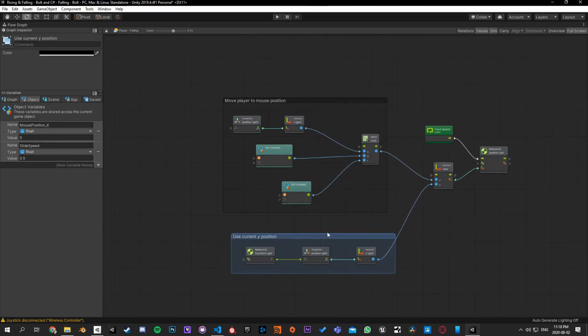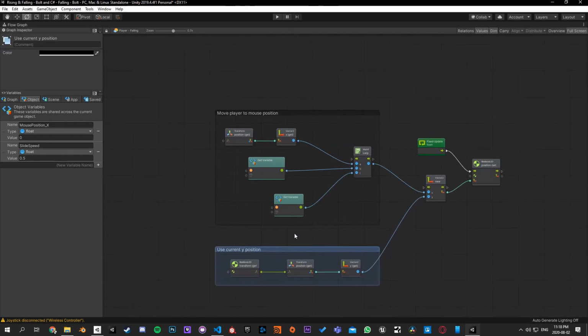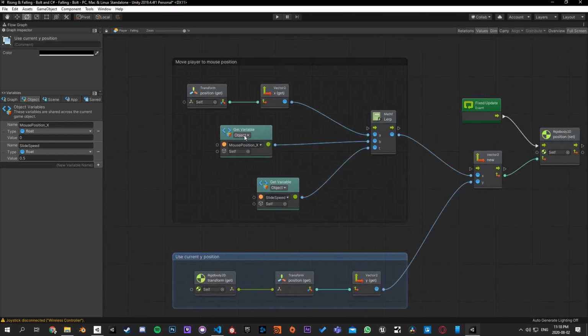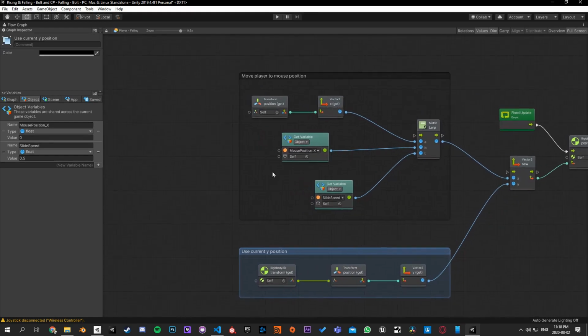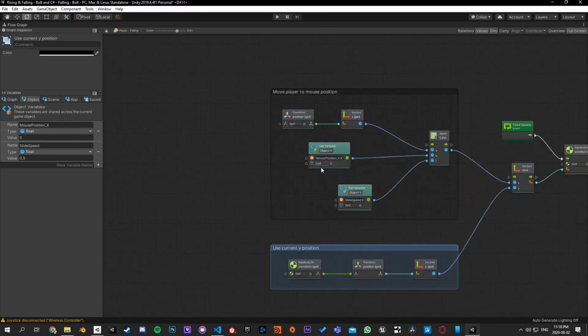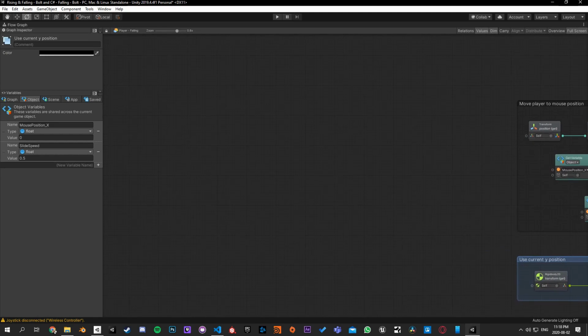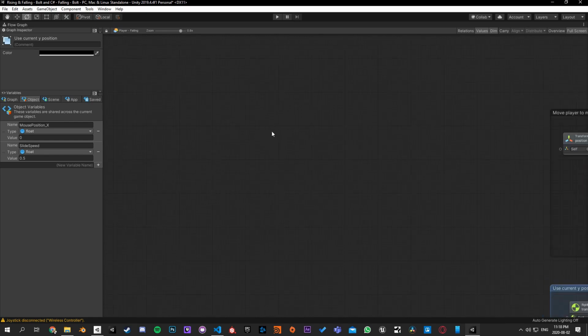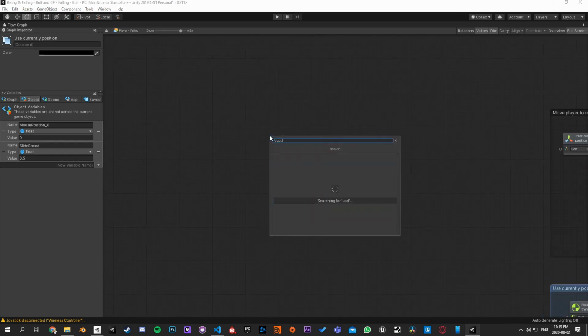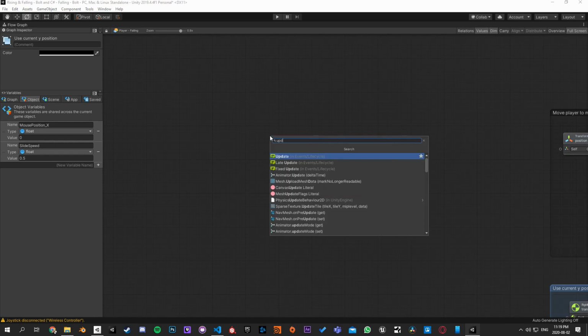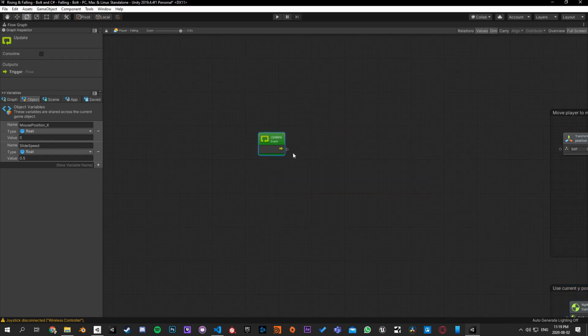Okay, so next, before we continue, we actually want to set what this mouse position variable is, what the value of that is. So in order to get our mouse position, we're going to create a new node tree where we essentially want to check for input, and because we're checking for input, we want to do it in the update, because if we do it in fixed update, then it might skip a frame and it might miss that input. So we'll add an update node, and for this I'm just going to use get mouse